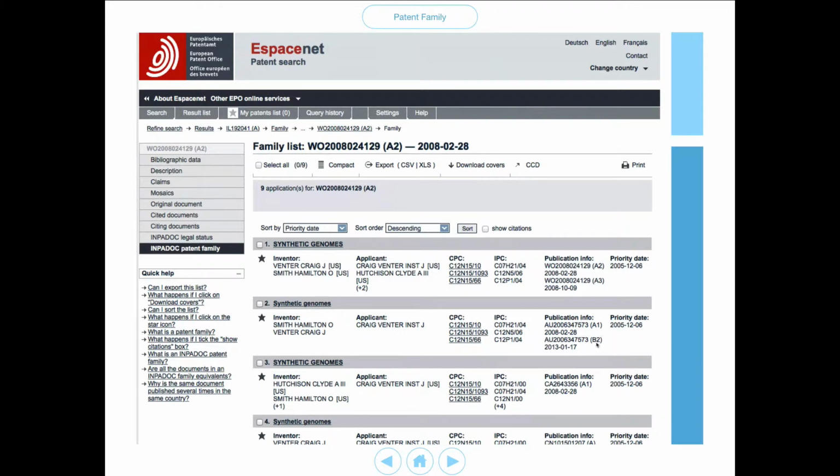This code here, B2, is telling me that this became a patent grant. We also have a Canadian and a Chinese application. So this family data is actually telling us where else in the world this particular application has been pursued, following the link from the priority document through the international application onto the national jurisdictions where a follow-on application has